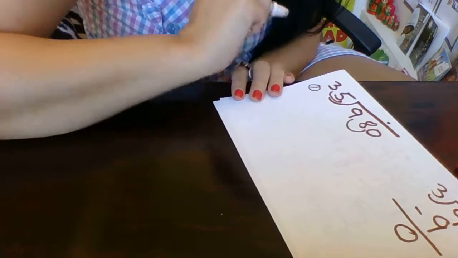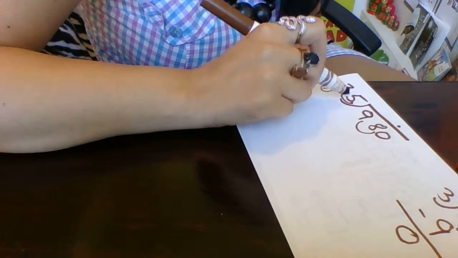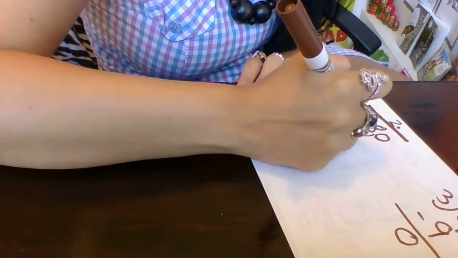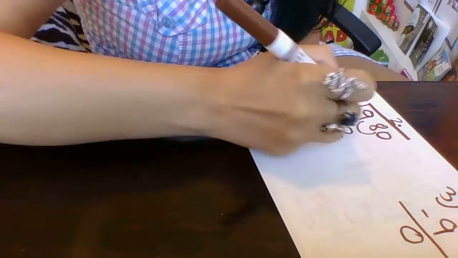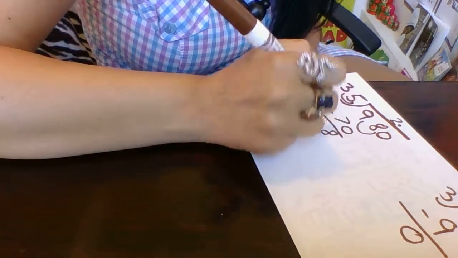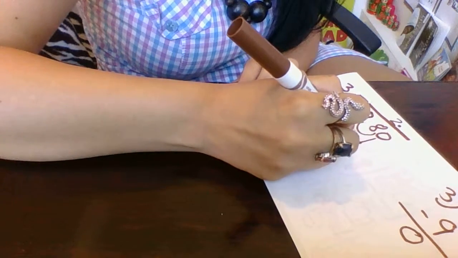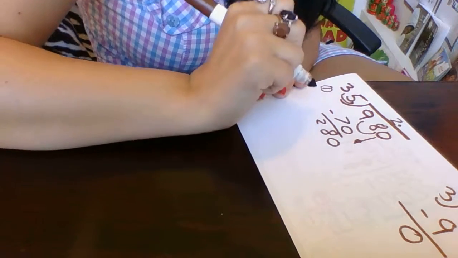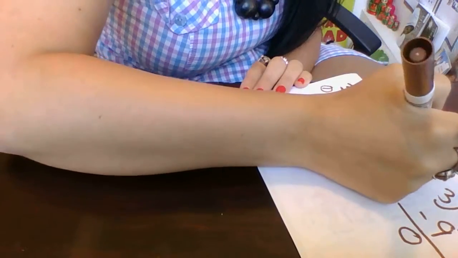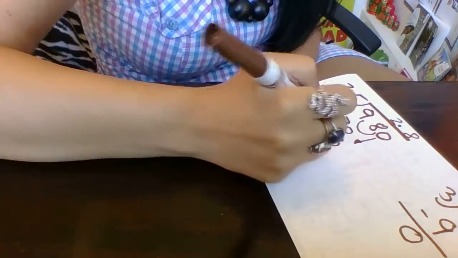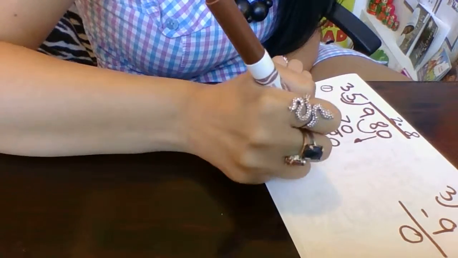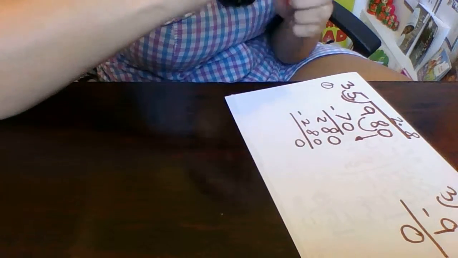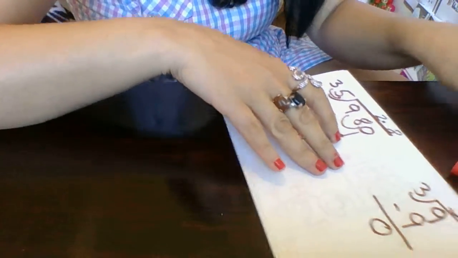35 goes into 9 0 times. 35 goes into 98 2 times. 35 times 2 equals 70. I subtract. 8 minus 0 equals 8. 9 minus 7 equals 2. Bring down the next number. I get a 0. 35 goes into 280 8 times. 35 times 8, 280. 280 minus 280 is 0. So I have my two answers,